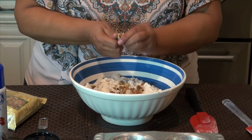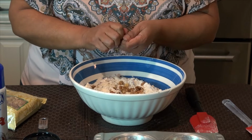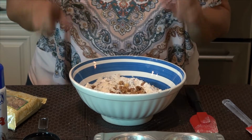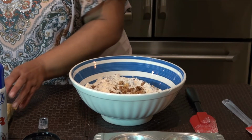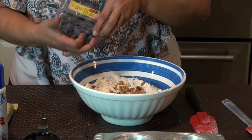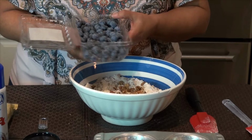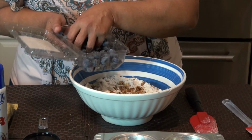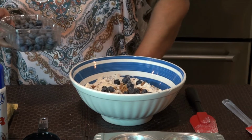Now the great thing about this, of course it's 2 bags and it asks for half a cup of water to each bag. So of course half and half is a whole cup. And now I'm gonna go ahead and put, you're probably thinking, oh girl, you're putting fresh berries. Yes I am, because these are going to give it such a good flavor. It makes them so nice and juicy. And these are real plump,